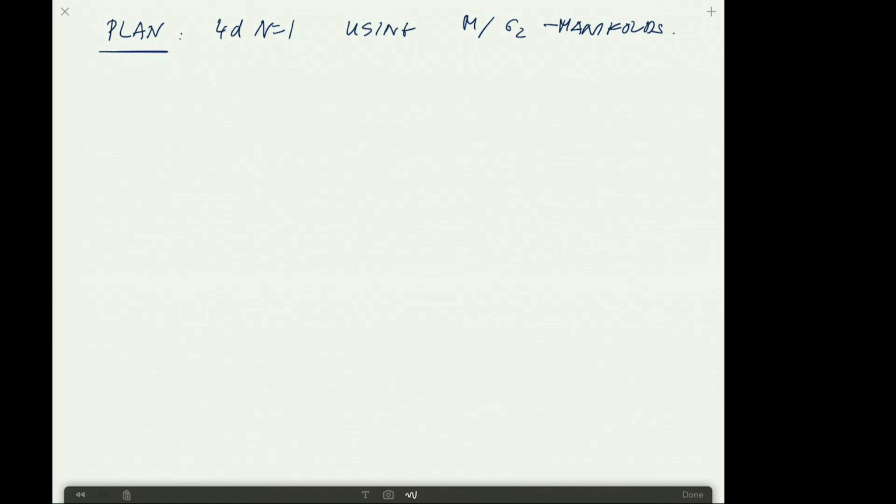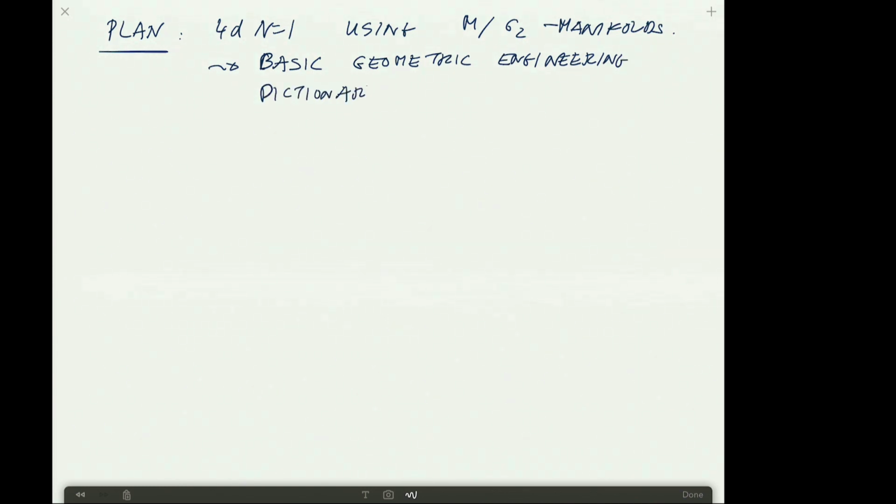So find basically a basic geometric engineering dictionary, and give you an idea of what type of geometries these are. So, overview of the G2 geometries,